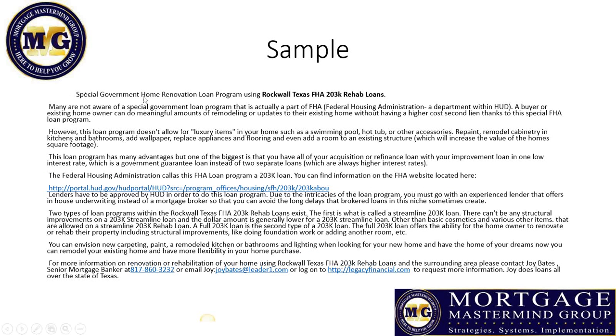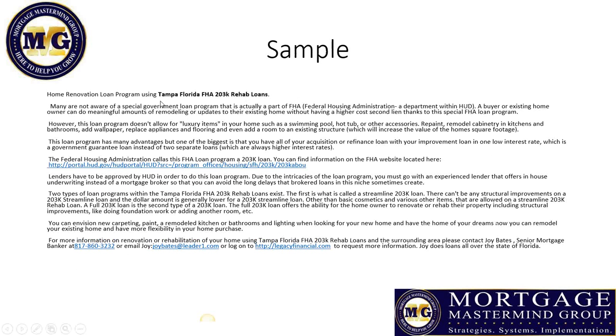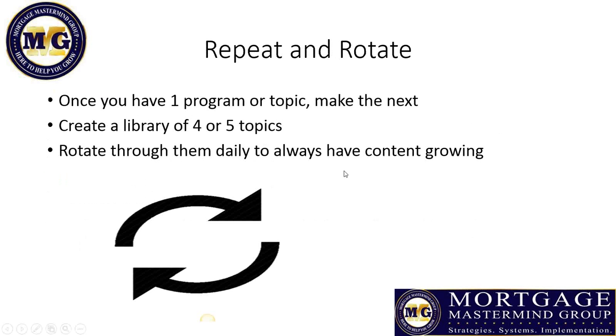So do you see, by just changing a couple of things, inserting it correctly and changing the title a slight bit, I can now recycle that entire article. And the cool part about recycling your entire article is once you have one program or topic, that one's done. It's in the can. You just do the same thing for the next niche that you want to think about.